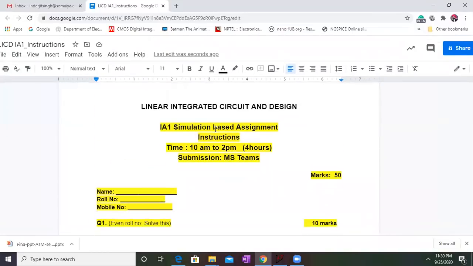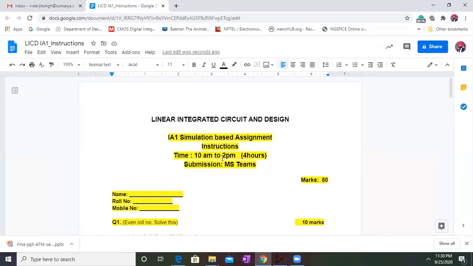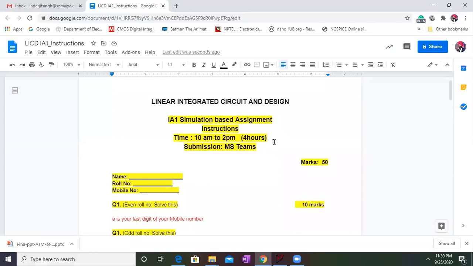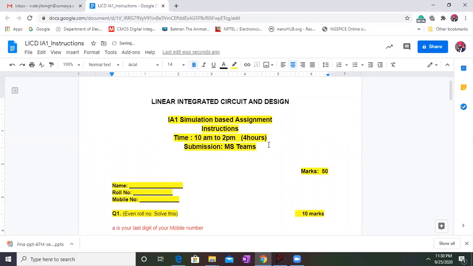Also, once everything is ready and your Word document is ready, you need to rename your Word document. So let's say I will write it over here: rename your Word or Google Doc as your name.